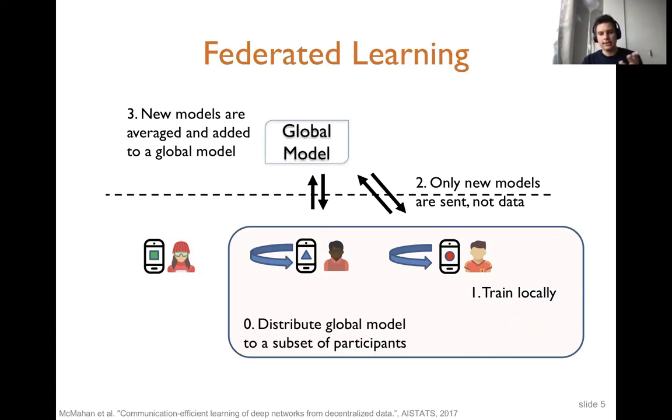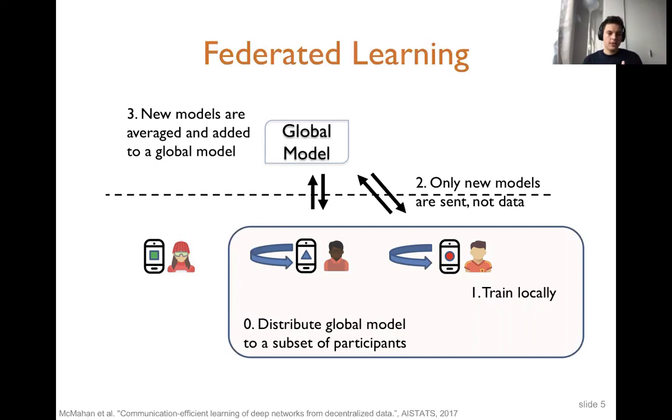The model is again sent to another group of users. Then they train on their own data and send it back. So with this process, we can cover all the users, not at the same time, but by selecting subgroups. There are multiple reasons for selecting just subgroups. One is that if we have millions of users participating, we cannot always expect them to be online.